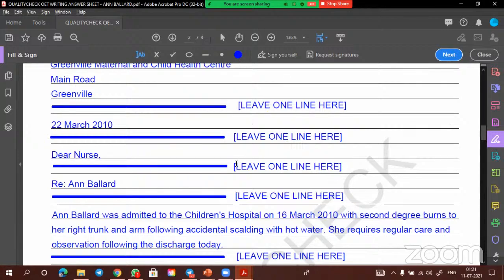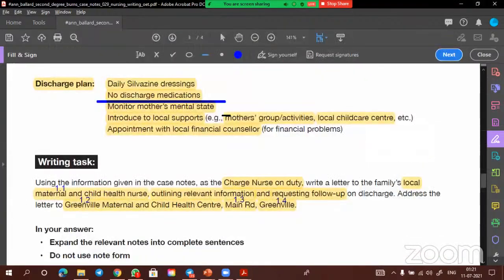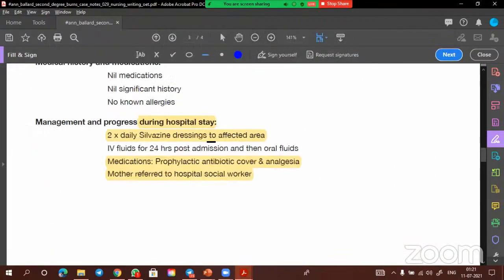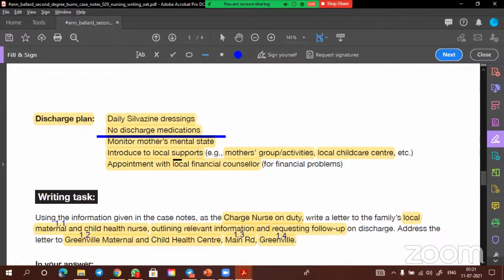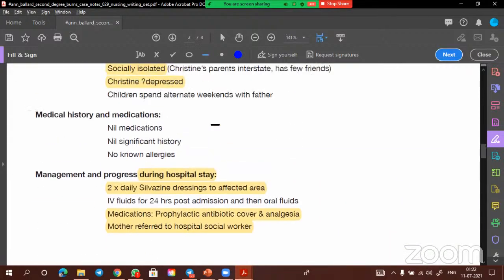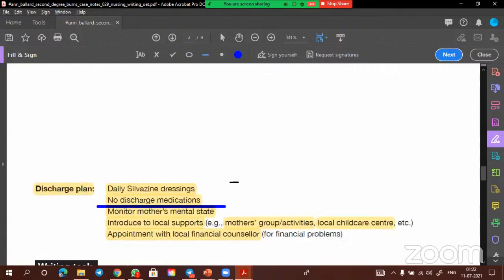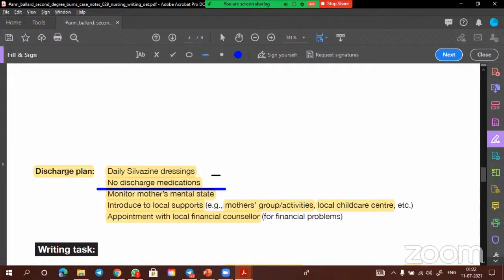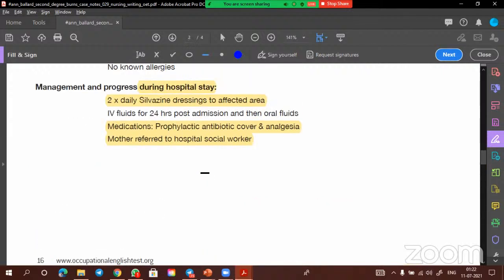Now, next paragraph, what is important? Now let us see. This is the second paragraph of the child, and this is the child's first paragraph. These two paragraphs, nothing else is there related to the child. So you cannot join mother with child because they are two separate identities. So now what you have to do is write about the mother.